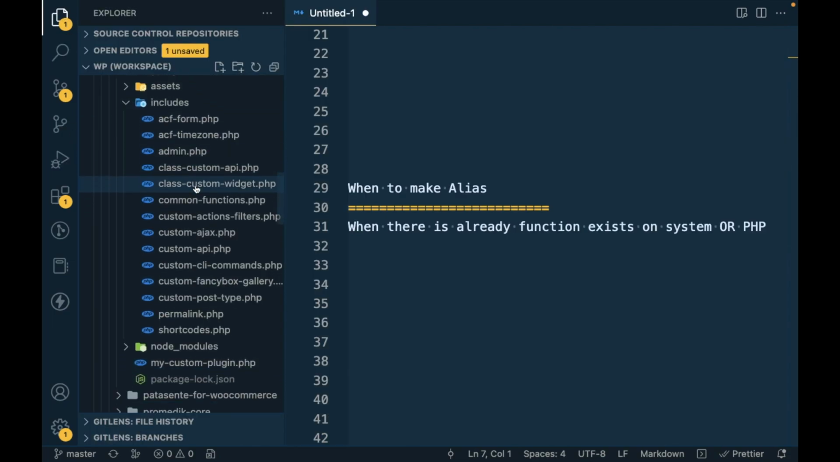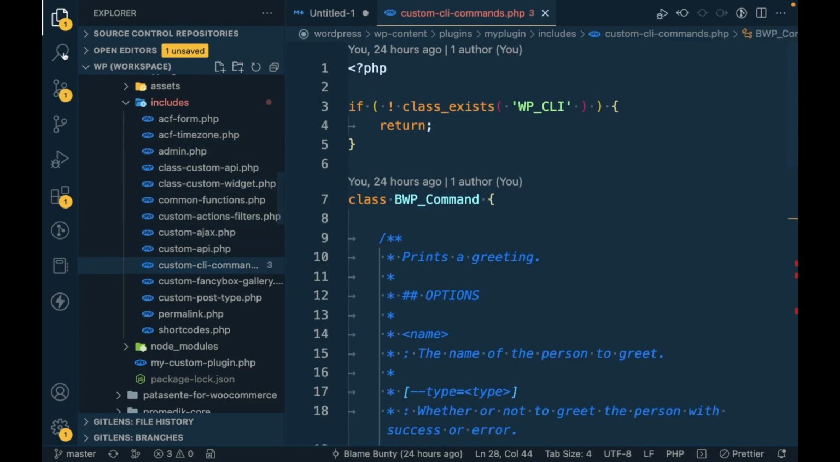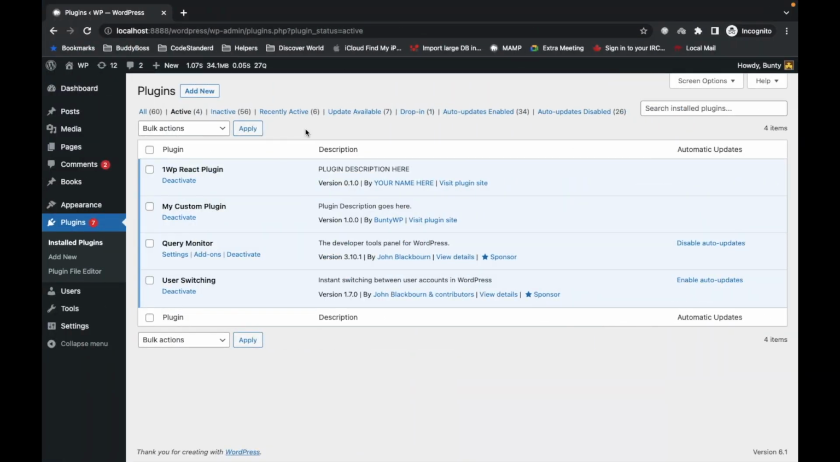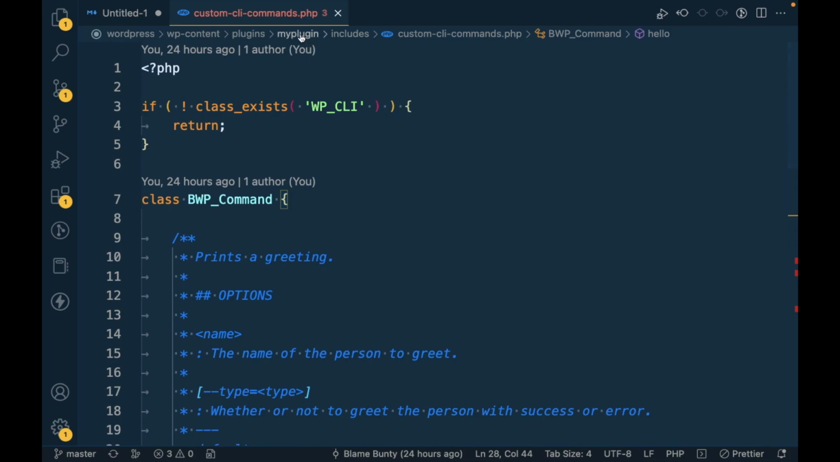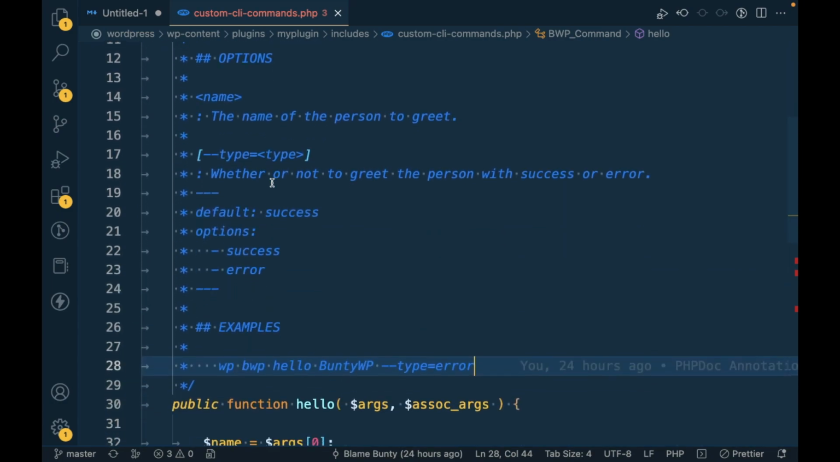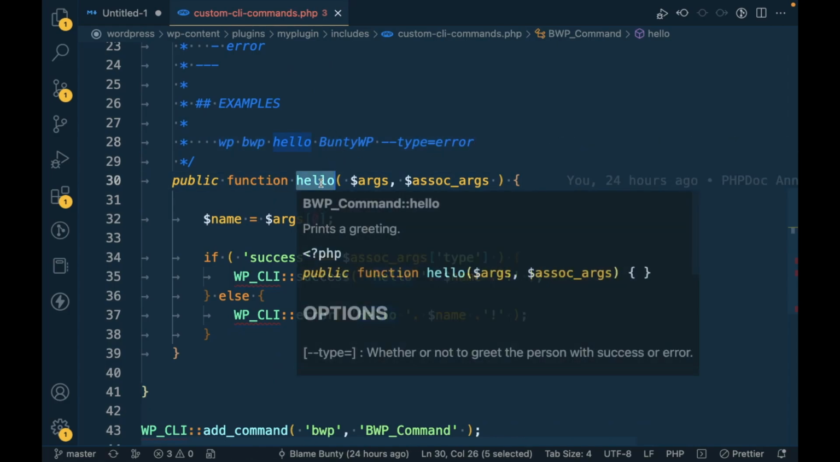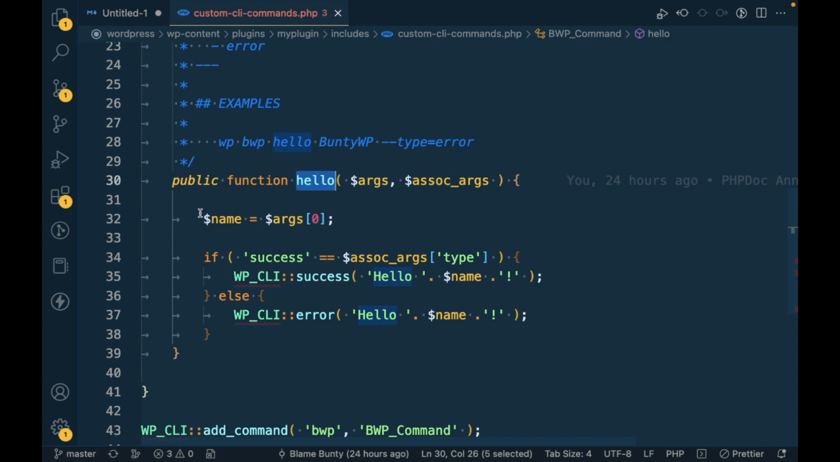Let me open my custom command file first in the custom plugin. So this is my custom plugin. I have installed that on my local site and I am adding that custom command in my local plugin. So, for example, you are writing a subcommand for sorting your custom feature. So you can give a sort